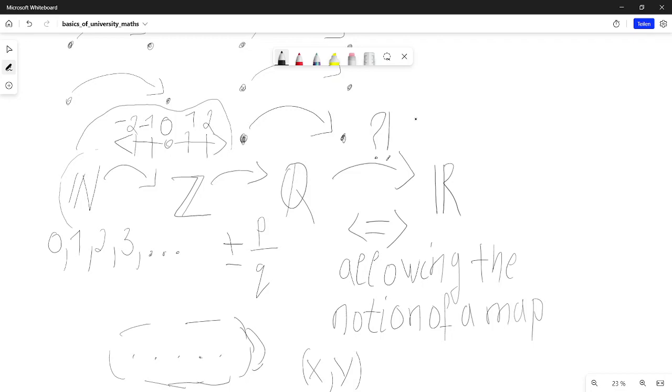And here I make another claim. It's not just about maps, artificial assignment. This, so I claim, is equivalent to the axiom of choice. And that is why,